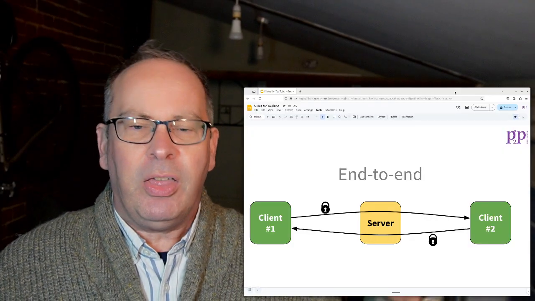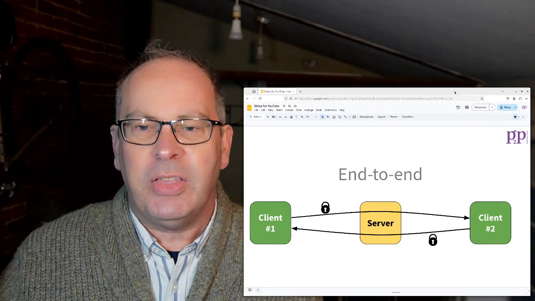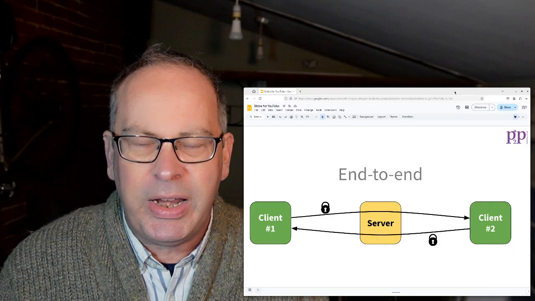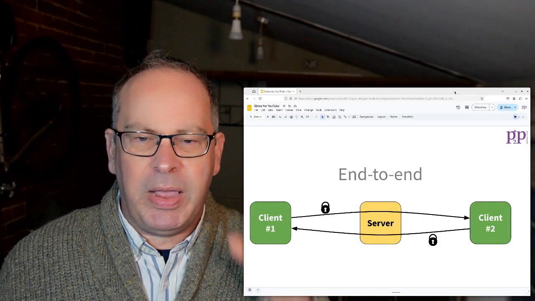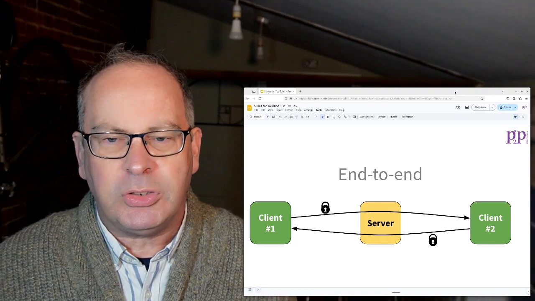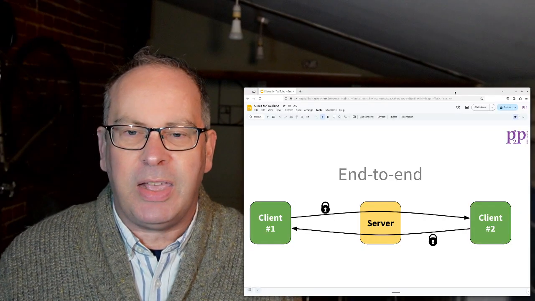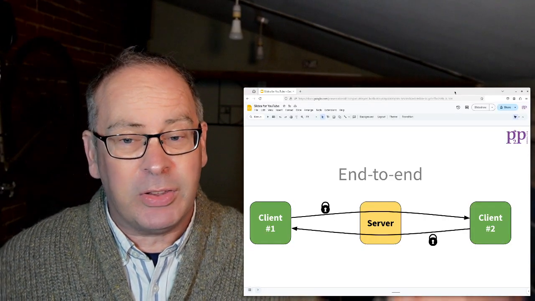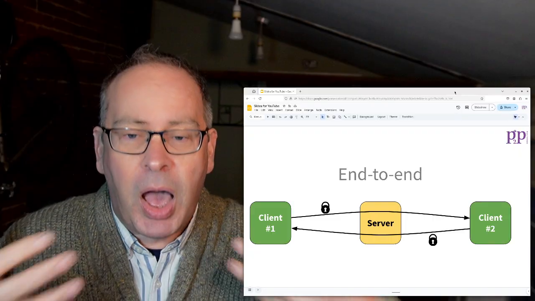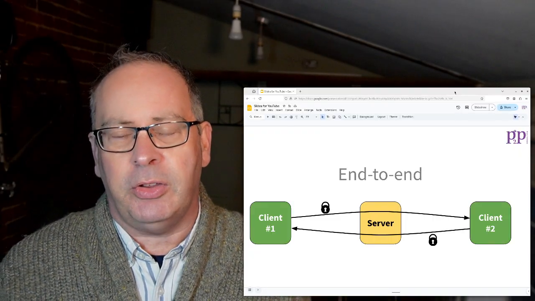Where we have client 1 and client 2, they are the ones that provide the encryption between each other, rather than it being sorted out by the server who does the decryption. And of course, this means that not only can the server not do bad things, but also it can say to governments, look, there's nothing I can do. I'm unable to decrypt it. I can't tell you if things are happening which you don't like.